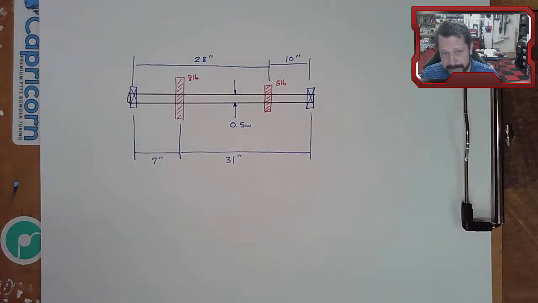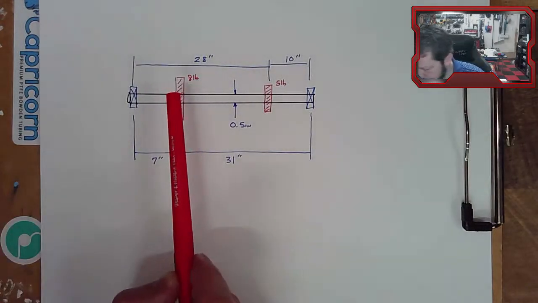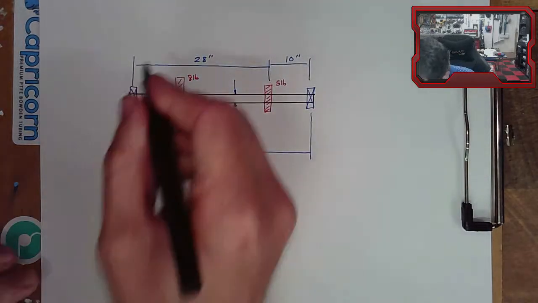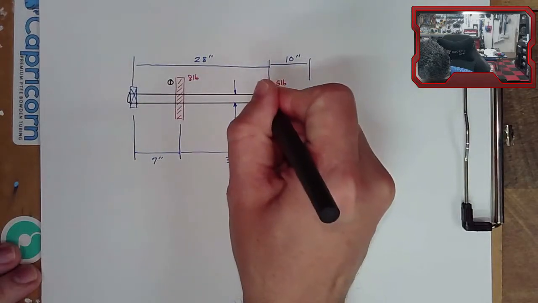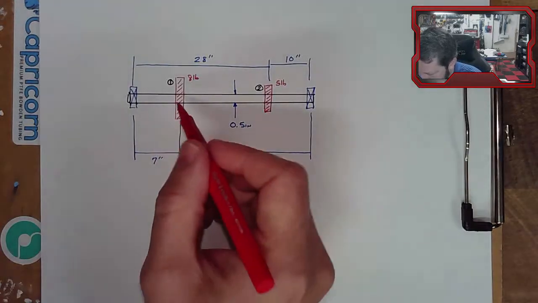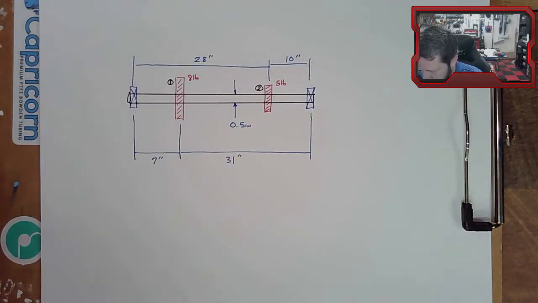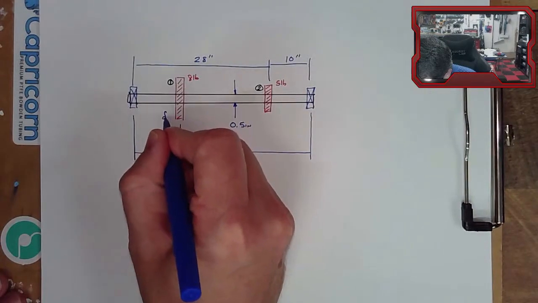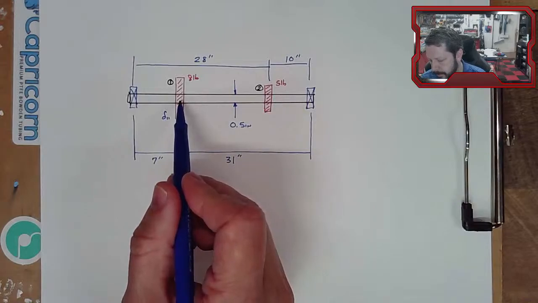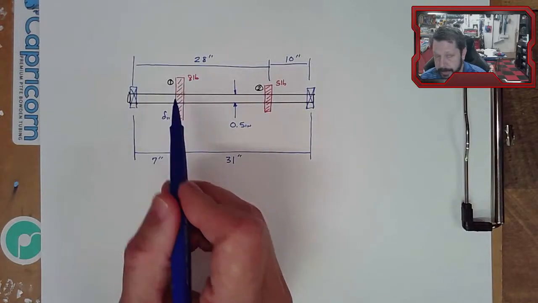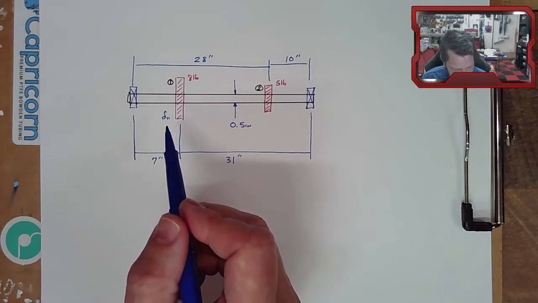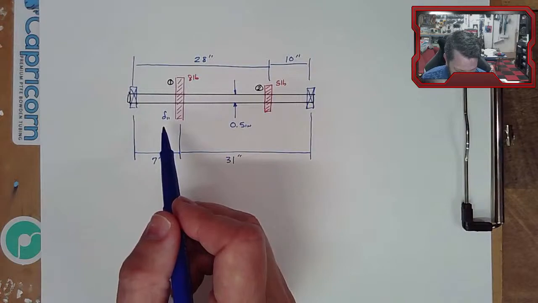So the overall scheme of what we're doing here is we're going to calculate that delta. We'll call this gear 1. And this will be 2. So we're going to calculate a delta 1,1 for the 8-pound gear. That is going to be the influence coefficient of this gear at this location, location 1. And then we're going to use our equation. I don't remember the number. We'll look it up in a second. Our equation to